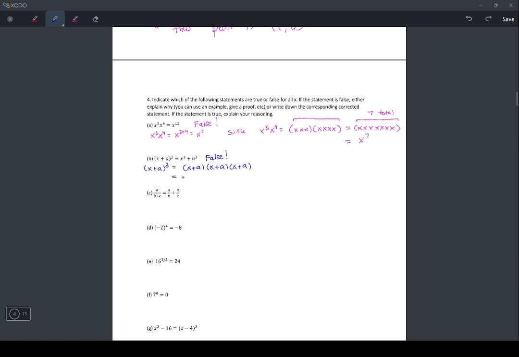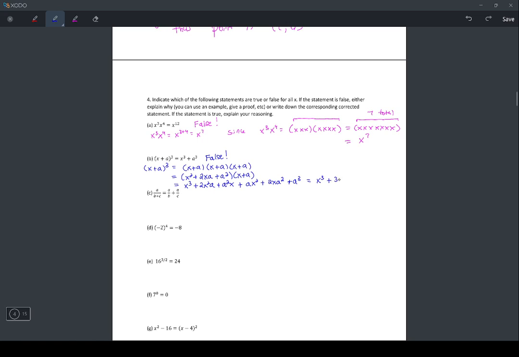So if I FOIL the first two together, I'll get x squared plus 2xa plus a squared times x plus a. Now if I FOIL that together, I have to do that in a few steps. Get x cubed plus 2x squared a plus a squared x plus ax squared plus 2x a squared plus a cubed, and then collect like terms, x cubed, and then we have x squared a and a 2x squared a,